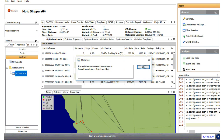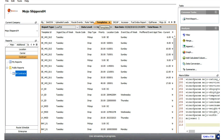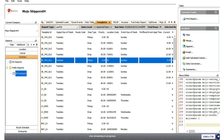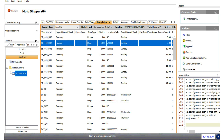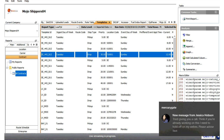All right, so what we've basically built here is a scheduled path that we take, and effectively you define whether it's a pickup, a delivery, or a drop, and the sequence that they occur in and the specific locations they are. So anytime you see those and you optimize those, you'll automatically go to those locations. And then